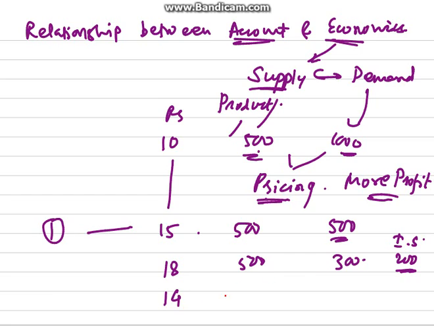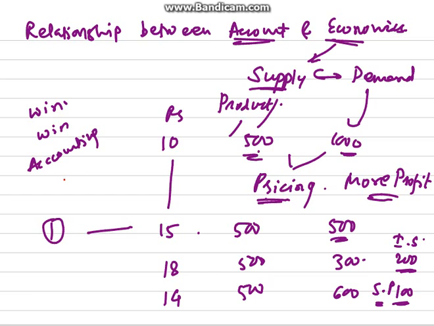If the price is 14, then the supply will be the same, but the demand in the market would become 600. So there is a shortage of 100 in the product, right? So basically, what is the win-win situation that needs to be calculated? When the win-win situation is to be decided, accounting techniques come into existence, where the pricing models are discussed.